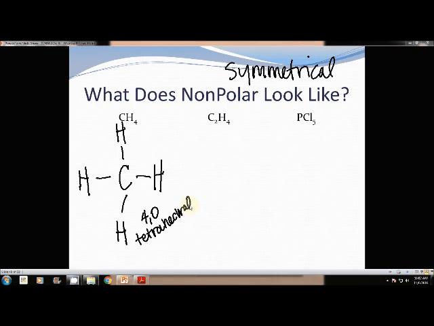C2H4. We're going to put our carbons in the center. I already know we're going to connect them once, at least, so I'm going to go ahead and connect them. Then we have 4 hydrogens to evenly distribute, so 2 on a side, or 2 connected to each carbon. Again, we have those dots left over on the carbon, so we're going to create a double bond. Here again, it doesn't draw perfectly, but for each carbon, we have 2 hydrogens plus a double bond on both sides. That is a symmetrical